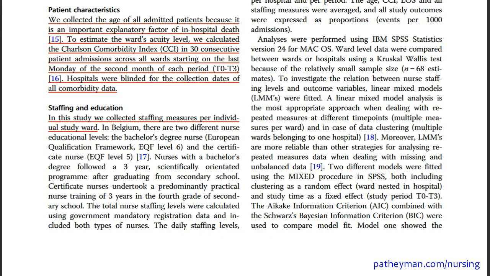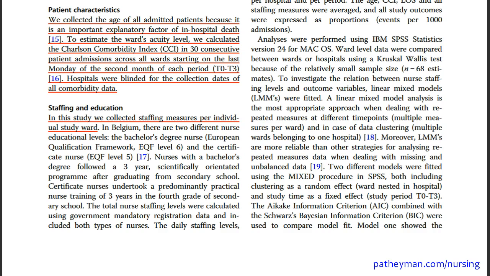Now, when it comes to the factors, we have a couple of factors that they chose here. So you see patient characteristics. Remember that earlier in the study, they had identified some potential extraneous factors as the patient's age and their comorbidity. The older a person is, the more likely they are to die. And the more diseases a person has, the more likely they are to die as well. So they thought that those things would be important potential factors that could affect mortality,